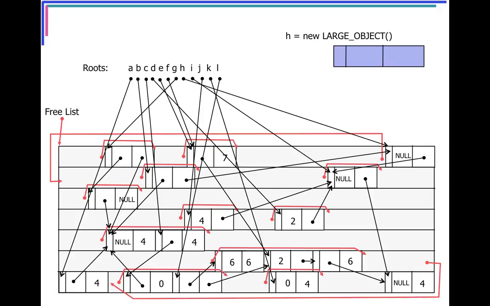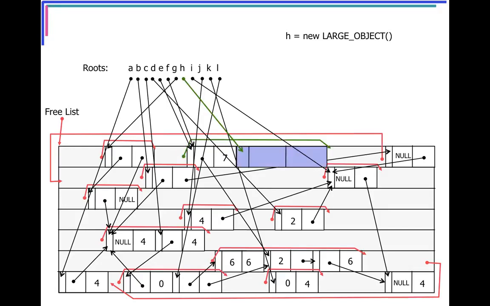Some objects have null in one of their field values, and other fields hold scalar values like 6 or 2 or 7. So I want to allocate this object at this program point, and so I look for the first available contiguous area that can hold this object, that's big enough to hold this object, and then I update the next pointer